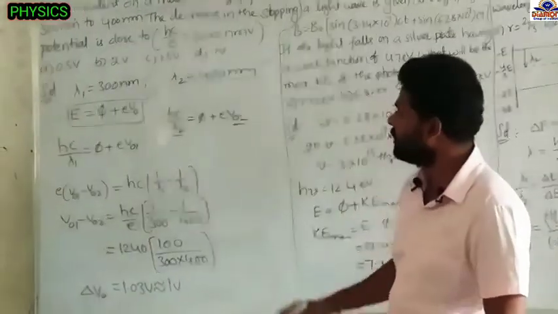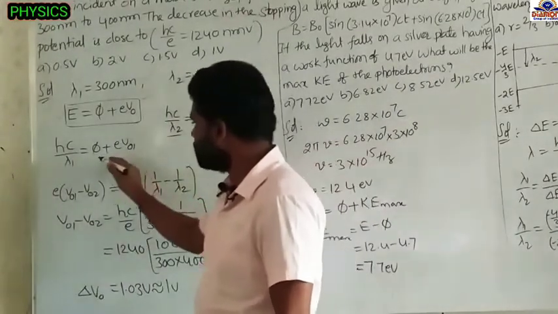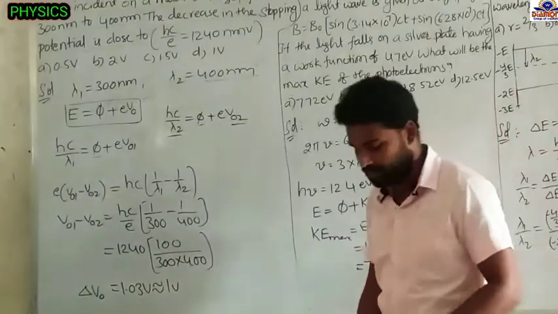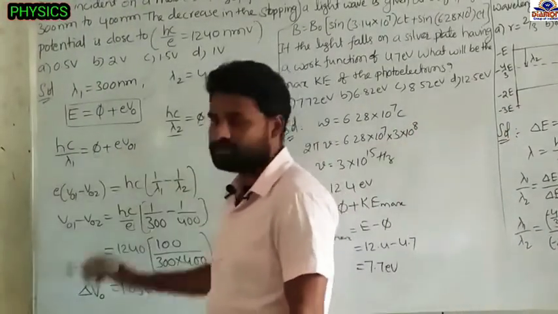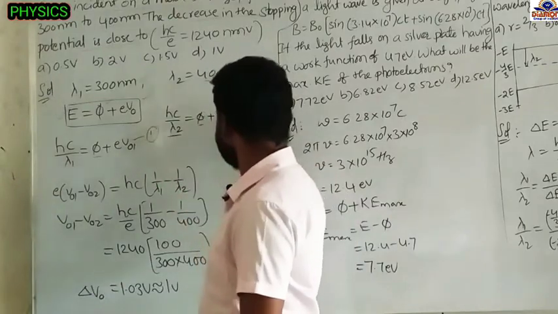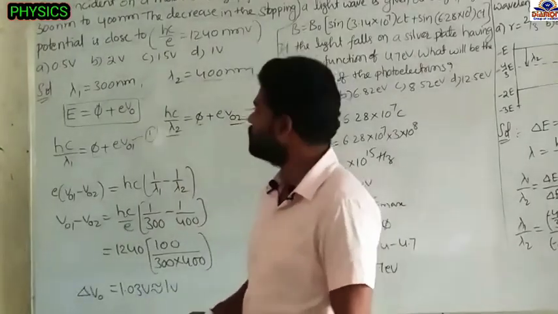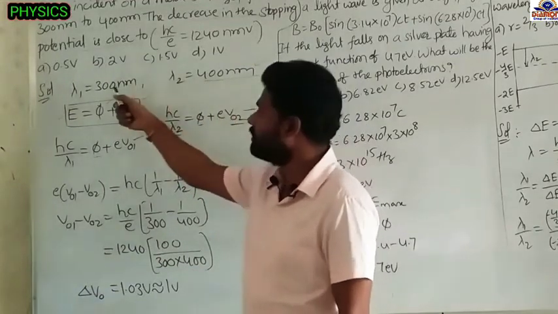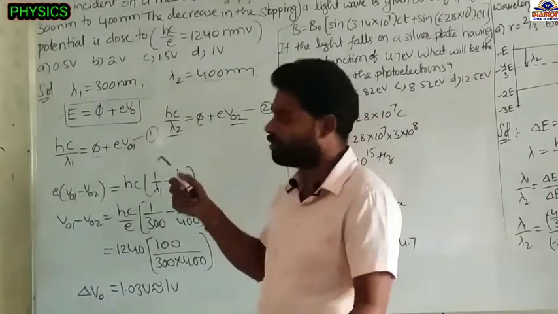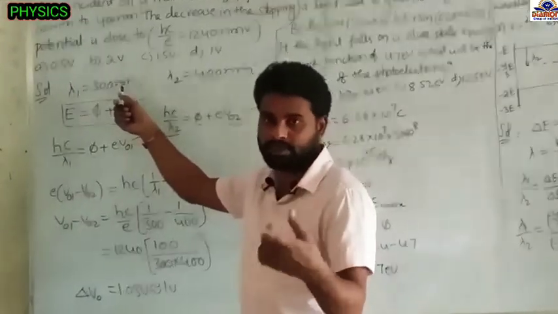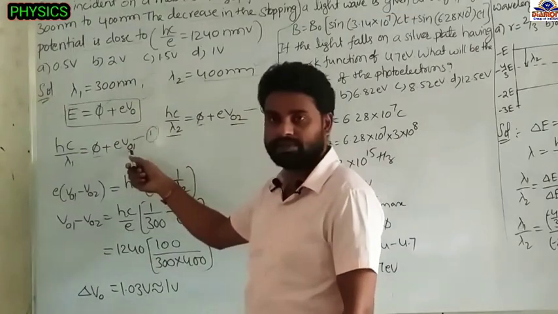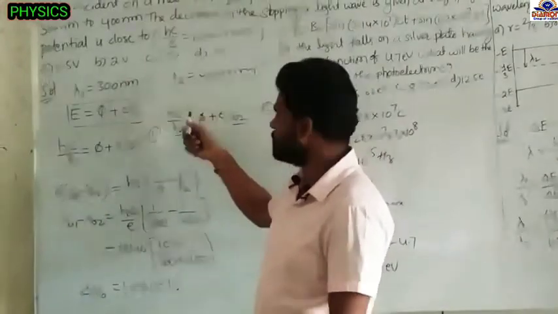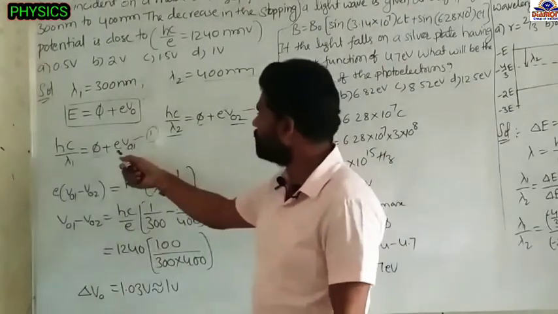Okay now. Here the work function of the metal surface is not changing. Why? Because we are using the same metal, just we are changing the wavelength of the light. Metal surface we are not changing. That's why work function is same here. Suppose this is equation number 1 and this is equation number 2. Now here lambda 1 is less, lambda 2 is more. Lambda is less means stopping potential is more. Lambda 1 is less, energy of the photon is more, stopping potential is more. This V01 is more. And lambda 2 is more, energy of the photon is less, stopping potential also less, V02 is less. So do the 1 minus 2.